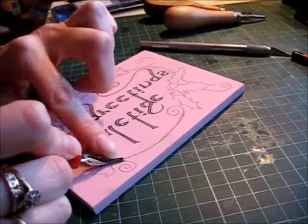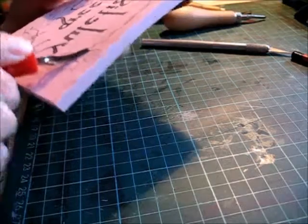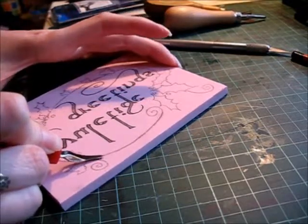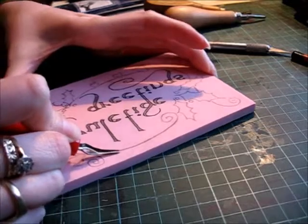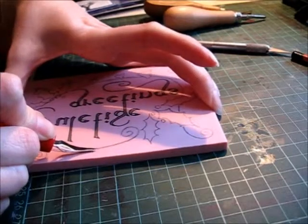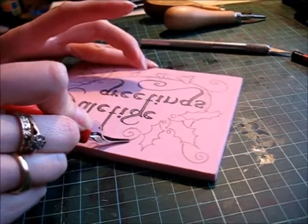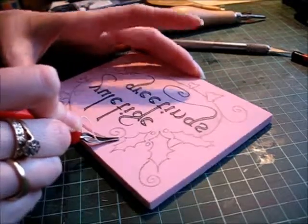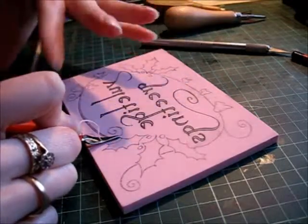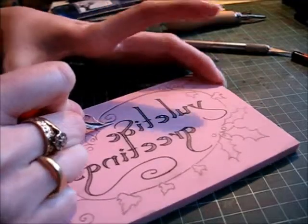And I don't know if you can see there, but I've literally just picked up a very tiny amount of carving material with my knife, and you can actually see the angle that I'm working at there. It's very shallow. And you just push gently along, and you actually move the carving block if you're going around circles rather than moving the knife. It's actually a lot easier to do it this way, and you've got a lot more control. And I find sometimes that if you're working on a surface that's got a bit of grip, if you put the carving material onto a piece of paper, then you can slide it around a lot more. But as you can see, I'm actually going round. The carving tool isn't actually...